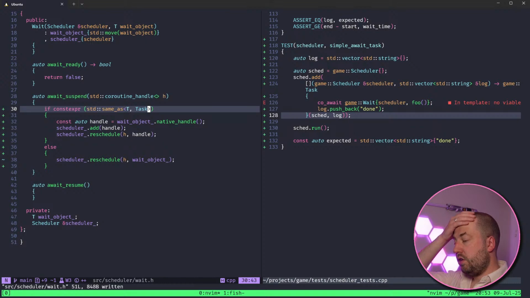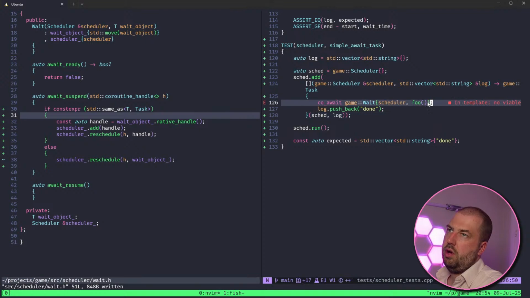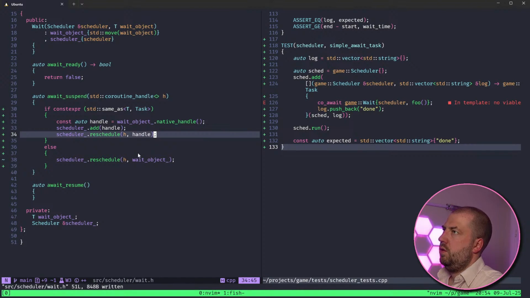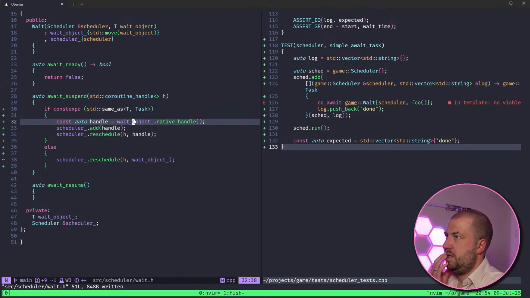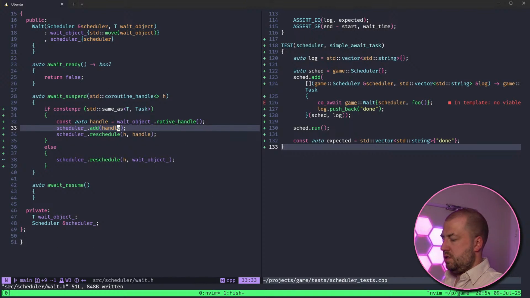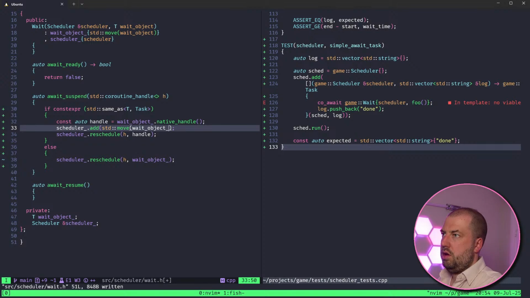If it's a task, I think this is right. I think this API here is what I want. Which means this fundamentally has to have a task object. Which means, oh, hang on. Then I just need to move the wait object in, I think.